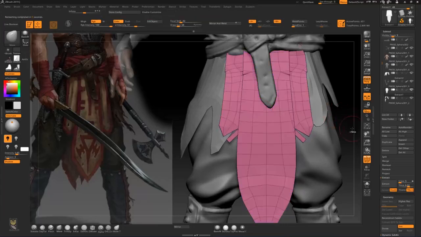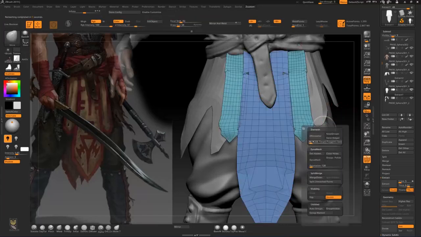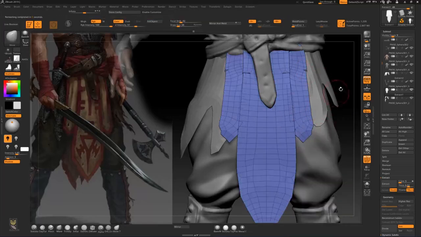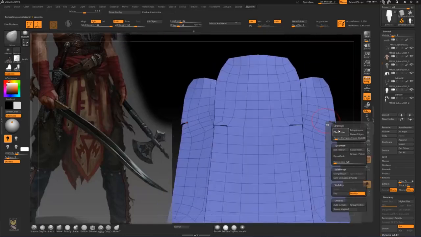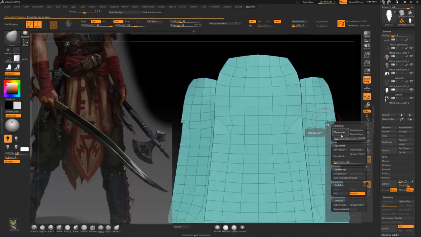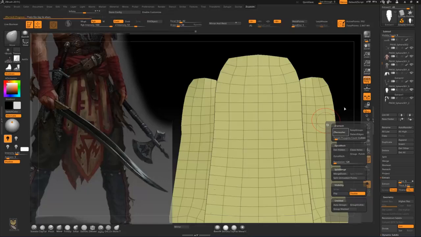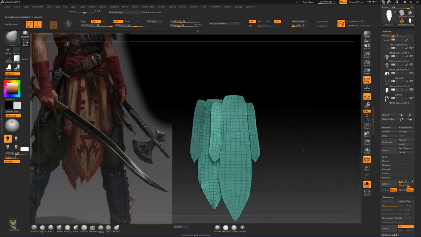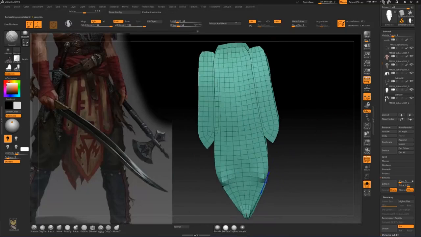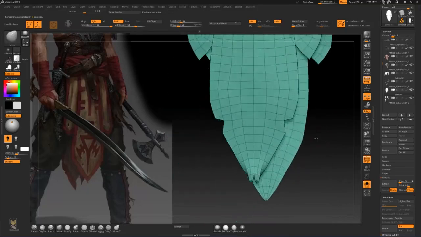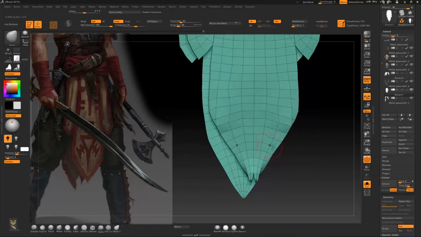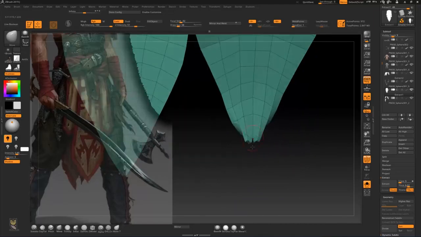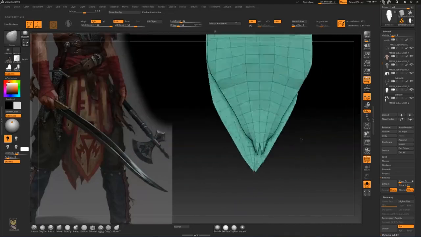And I will do this. Not a good idea. We have to do it on a higher subdivision. ZRemesher. And again, we have some problems here. Let's try to ZRemesh a few more times. Okay, we have rid of these problems, but we don't have anymore the things that we have done in the back, which is not exactly a loss, but sometimes ZBrush does some strange things, which is why you have to